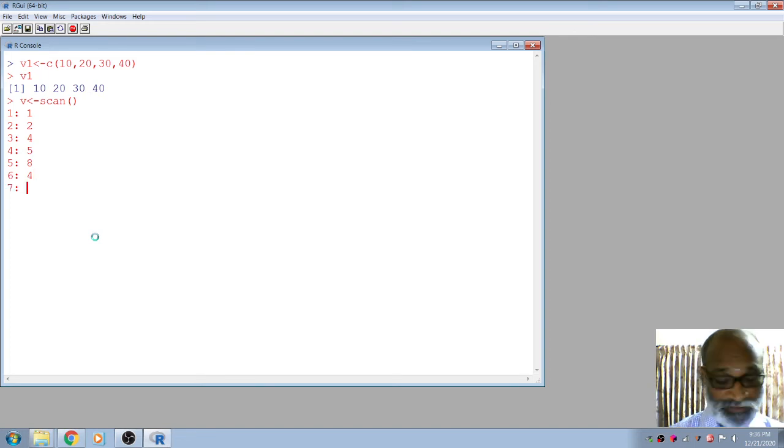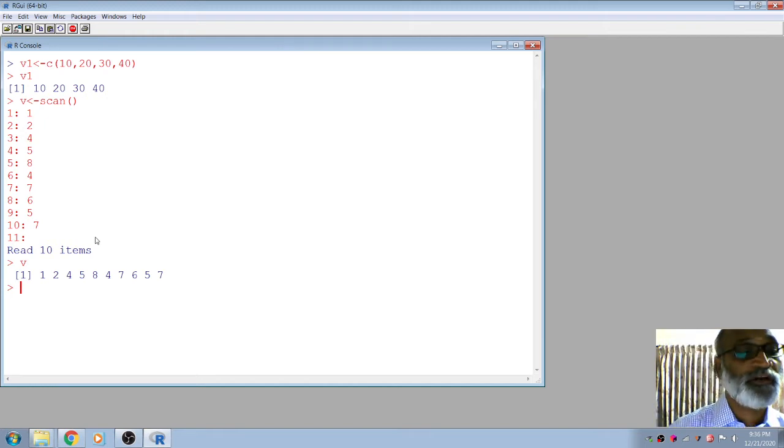So I have created a vector which contains 10 elements. Now you press enter on an empty line, then it automatically gives the number of elements read and stored in the variable v. So you see v contains the 10 data points stored in a vector. So you can create a vector using the scan function.